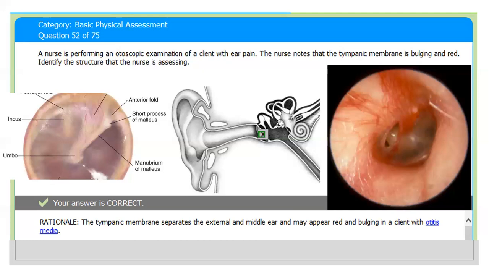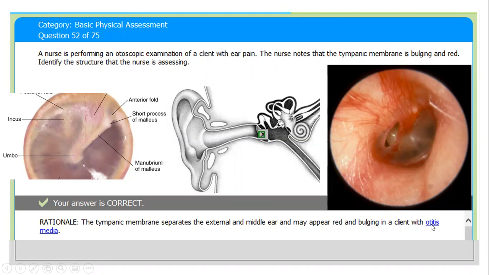Otoscopic examination is performed by pulling the auricle up and backward in the case of an adult. In children, the auricle should be pulled downward and backward. This process will move the acoustic meatus in line with the canal. So this is the area where we can see the tympanic membrane. Rationale: the tympanic membrane separates the external canal and the middle ear and may appear red and bulging in the client